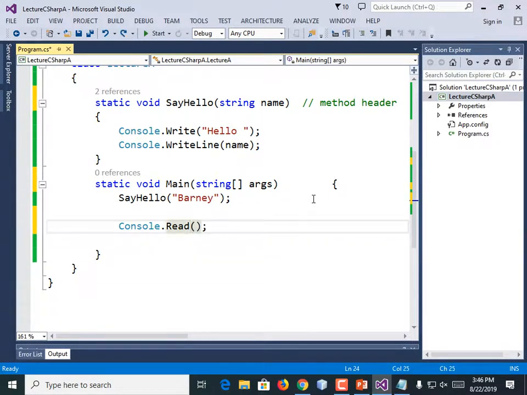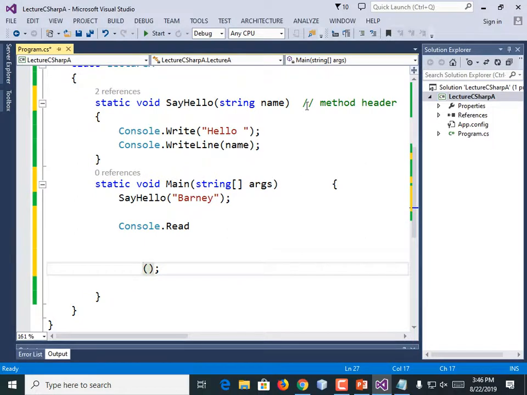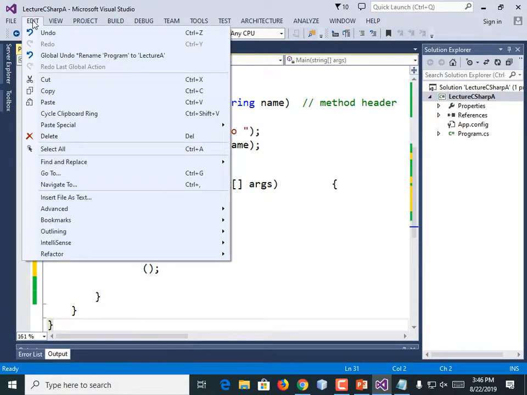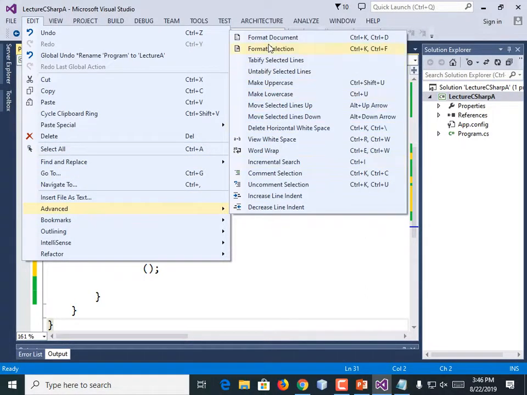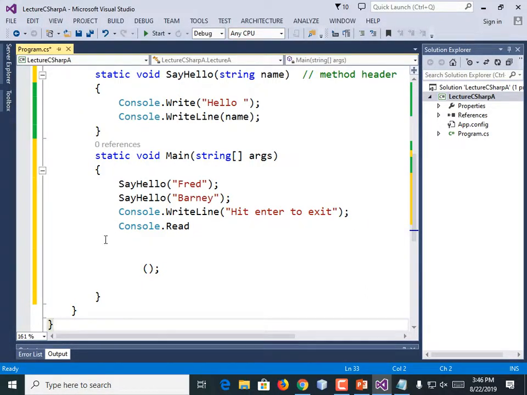If you mess your code up like that though, if your things aren't lined up, it's hard to read. I would prefer you to take some effort to indent things appropriately, even though it's not strictly necessary, unlike Python. Well, how can you fix that? You could come up to Edit, Advanced, Format Document, and boom, it rearranges it. Makes it pretty. It didn't totally fix it right. It left this part way down here, but it made a good shot at it.